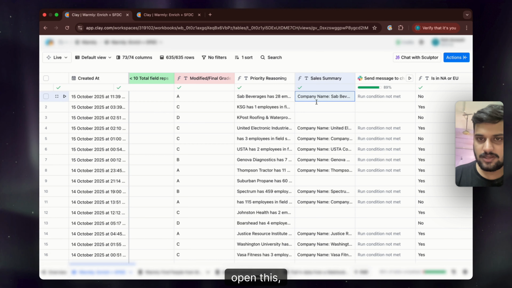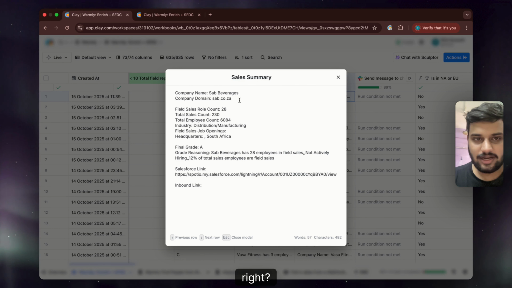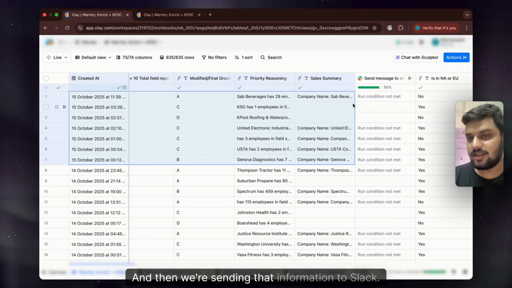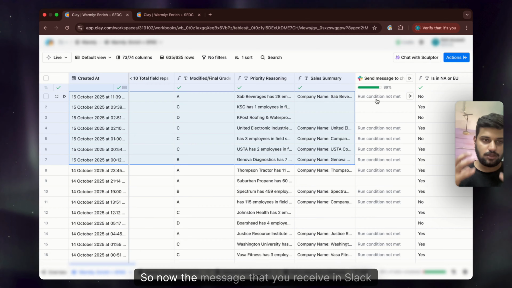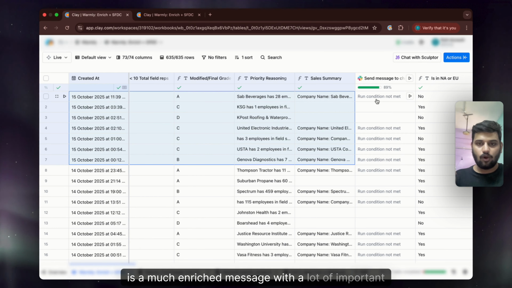So if you, for example, open this, you have all the information. This is the company, this is the field sales count, and all of that. And then we're sending that information to Slack. So now the message that you receive in Slack is a much more enriched message with a lot of important data